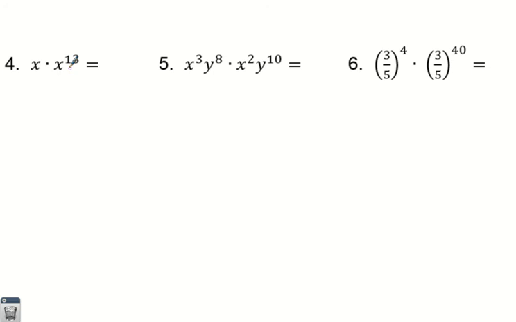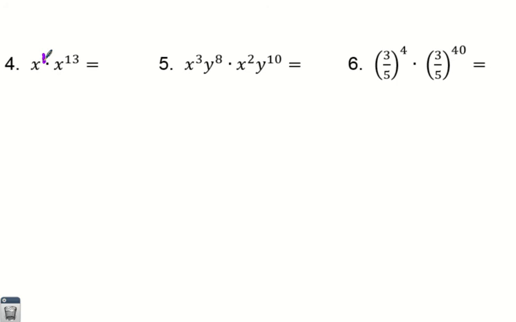Right? Now, let's talk about it in terms of the shortcut. And by the shortcut, I mean adding the powers. What's the power here? That's a key thing to understand going forward, okay? What is the power? It's invisible, but it's here. What's that power? It's a 1. So,